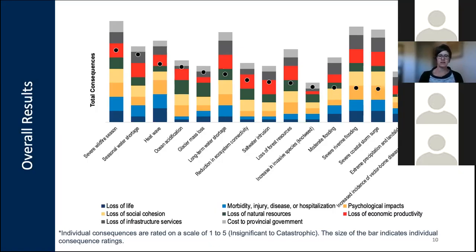The other interesting thing about this figure is that we have a couple of risk events that are quite far down. They're quite a bit lower in their overall risk rating, that being severe river flooding and severe coastal storm surge. However, the overall risk of these events is low because of their likelihood of occurring. However, the consequences of these particular events is extremely high. So it also suggests that even though these events aren't particularly likely to happen, the consequences of them occurring are really devastating. So that's worth further attention as well.